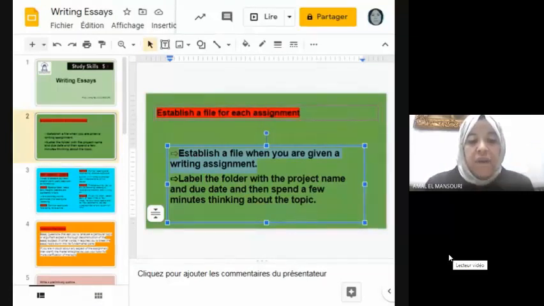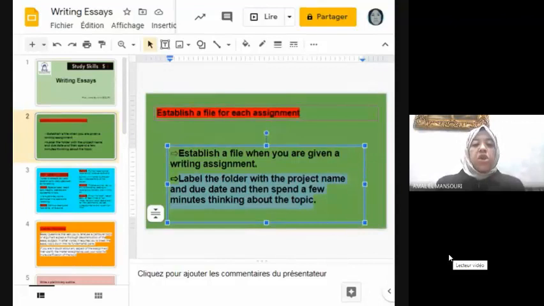And you have to label the folder with the project name and the due date, and then spend a few minutes thinking about the topic. So in your study area, you should have a folder for each course or each module with the name, the due date, and the topic, so that you organize yourself and prepare yourself before starting to write.